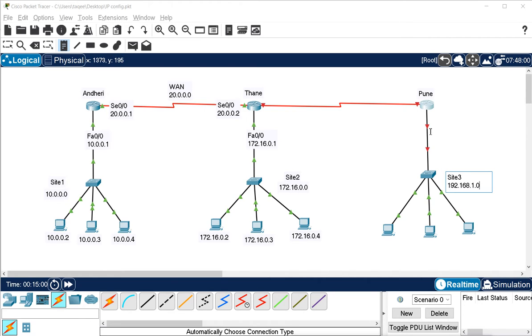So according to that, we will mention the IP address here on FastEthernet 0/0. We will give the router IP 1.1. Then these machines will get 1.2, and this will get 1.3.